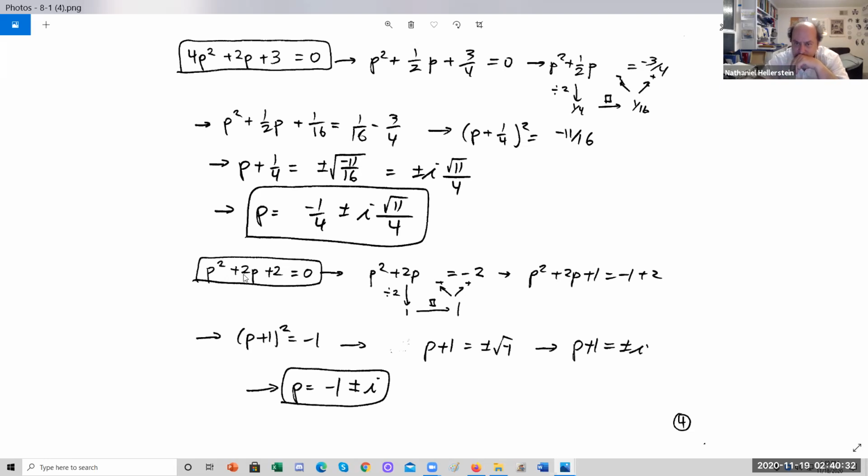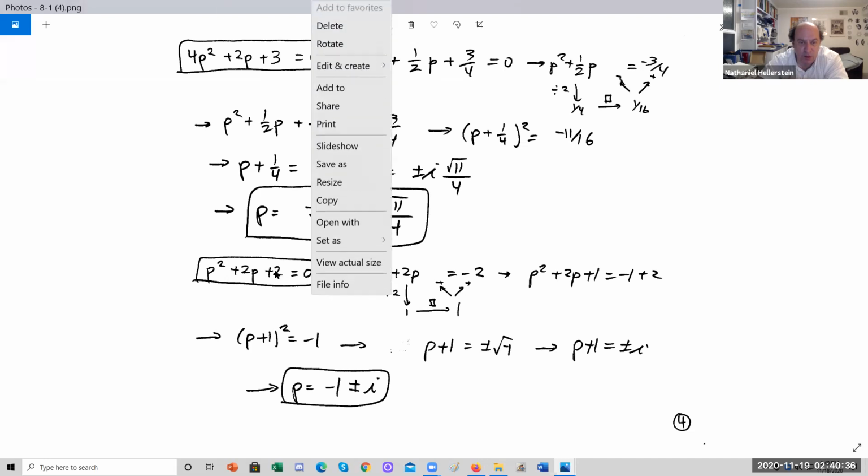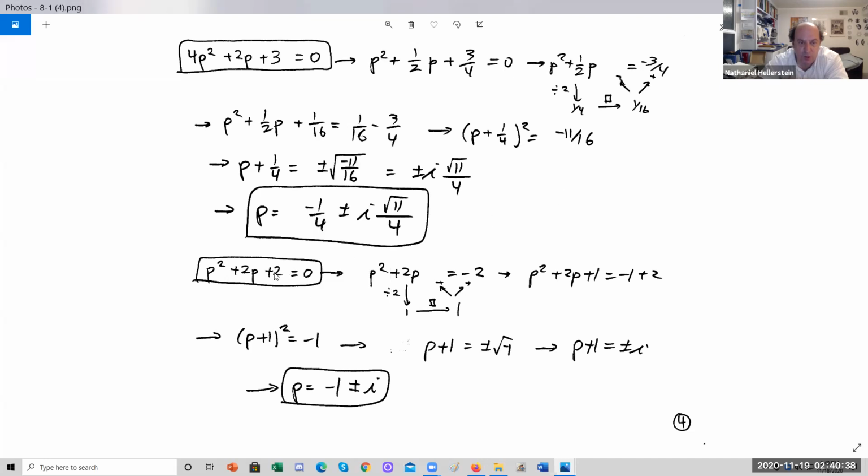Here we have p squared plus 2p plus 2 equals 0. Well, first we subtract 2 from both sides and get p squared